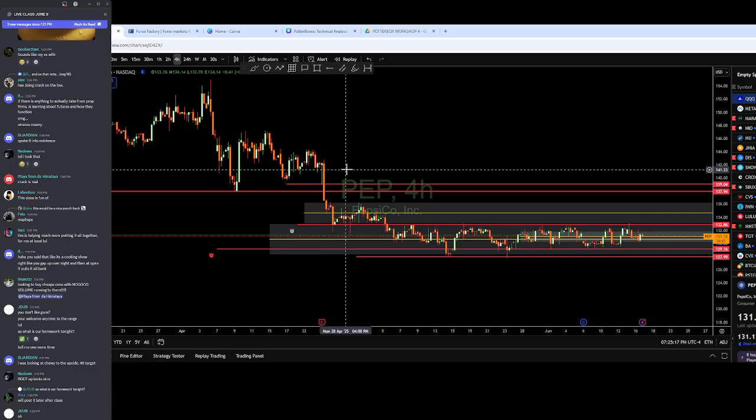This is actually a concept that we had talked about previously, because if you have a box and there's a big red wick coming out of the top of it, when you pull back, you'll hit the red wick first.